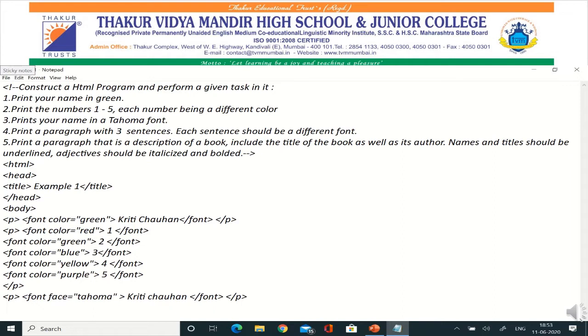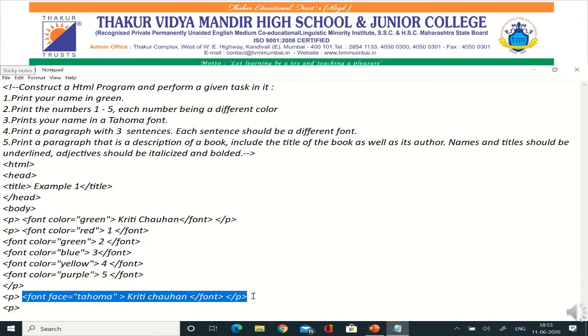Now next question is, we have to write 3 sentences and these 3 sentences are of different fonts. That means again I have to use a font tag with an attribute face.